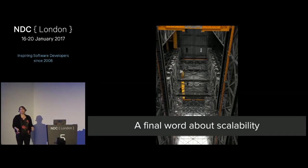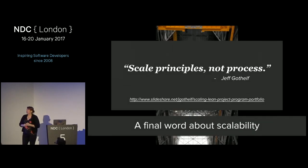So a final word about scalability, and I think it's important, especially if you work at large organizations. One of my favorite quotes, from Jeff Gothelf, of course, a writer of Lean UX, he said, "Scale principles, not process." So as you're looking at how to build accessibility into a lean process, how to incorporate inclusive design into your agile workflow, think in terms of what the value is